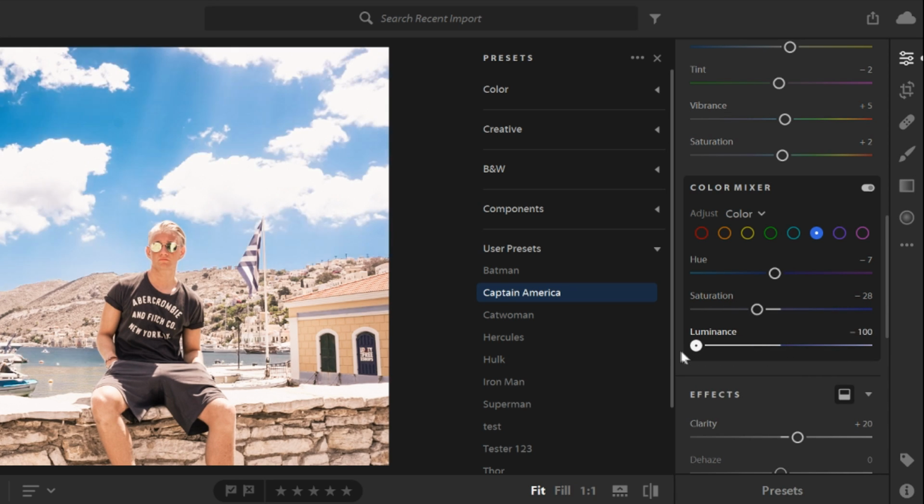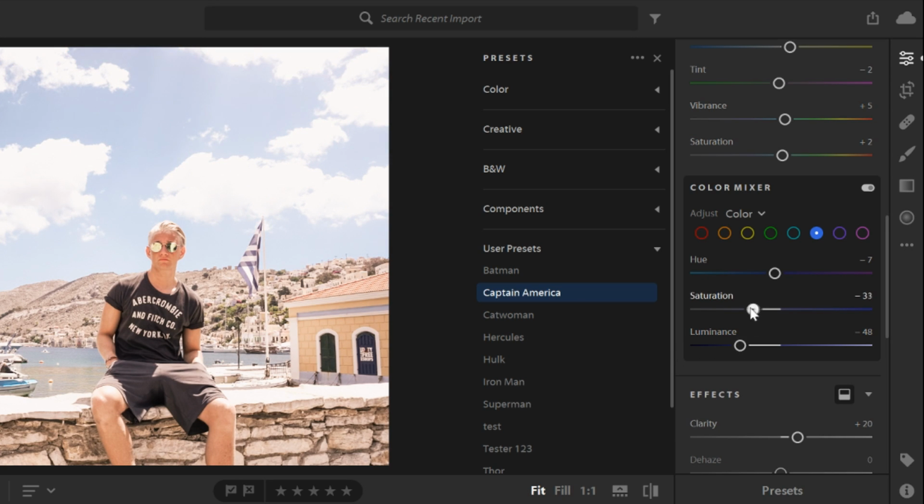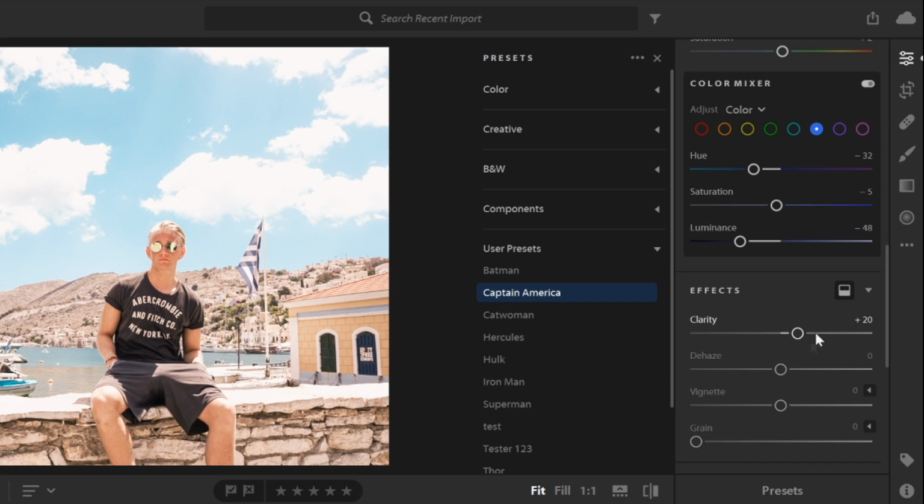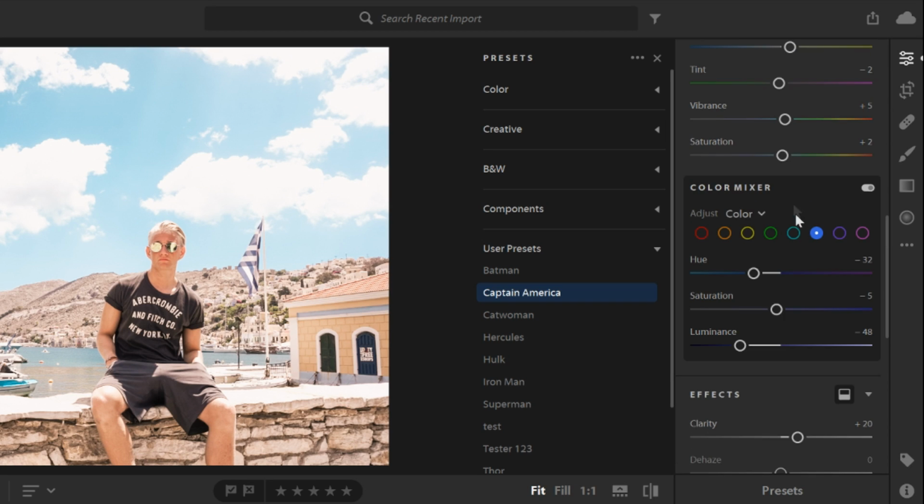Then we got this final one, which some people might like when it's very blue in the sky, but I kind of think that's a bit too much, so we're gonna keep this as it pretty much was from before. And then let's see, there we go, that's a bit cleaner. And then finally, as a matter of fact, we can change the yellow color here on the house, make that maybe,